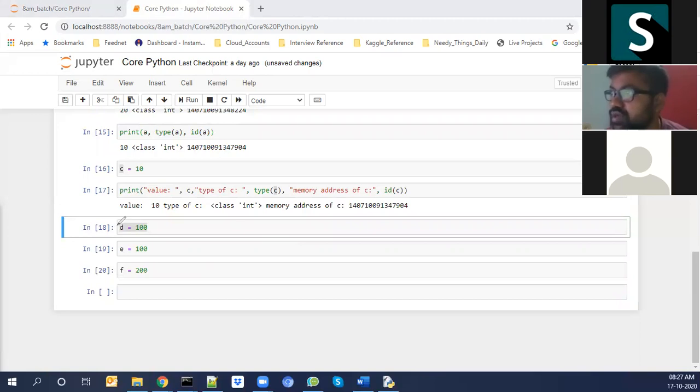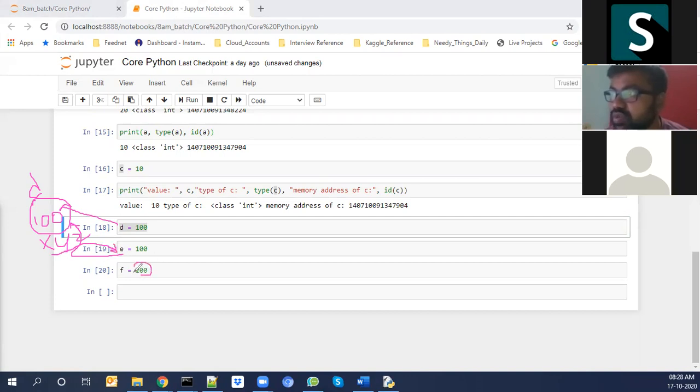So when I created this first object, the D object got created, and some XYZ address was created for it. In that particular XYZ address, my object got created for D, and 100 got stored here. Again, with the same value, I'm assigning to another variable, creating another object. That time my interpreter will go and cross check whether any 100 value already exists with some reference address. If it is created, it will assign the same reference address to E also.